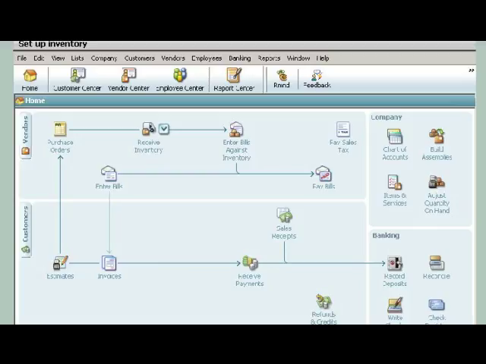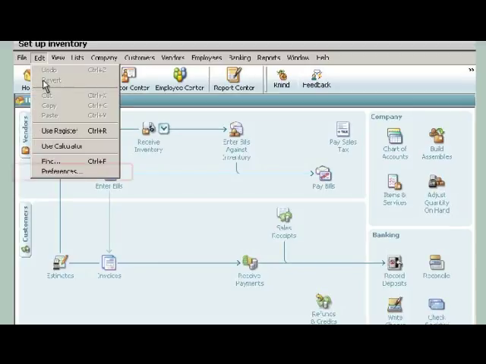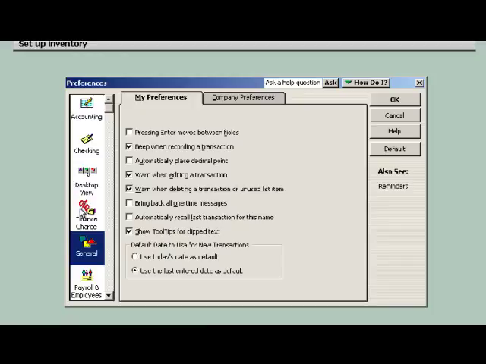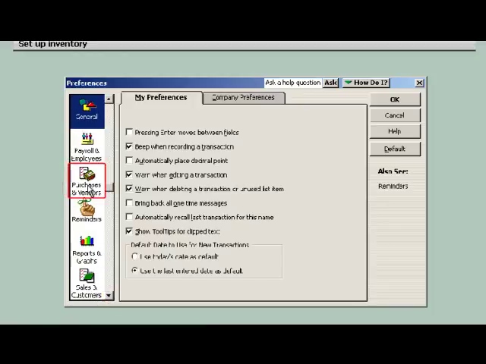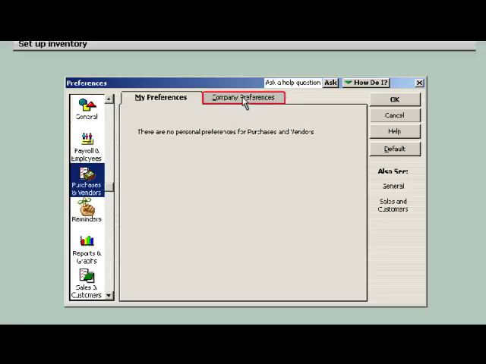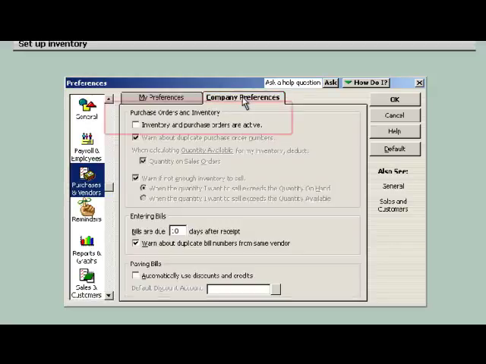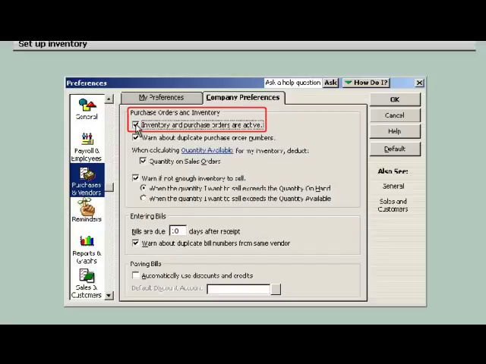Let's say you run a tennis shop and stock a variety of tennis equipment and accessories that you want to track in QuickBooks. First, make sure that the inventory preference is turned on. Start by choosing Preferences from the Edit menu. Scroll down the list and choose Purchases and Vendors. Click the Company Preferences tab. In the Purchase Orders and Inventory section, click Inventory and Purchase Orders are active to enable the inventory feature. You can also choose how you want quantity available calculated, and if you want to be warned when selling insufficient